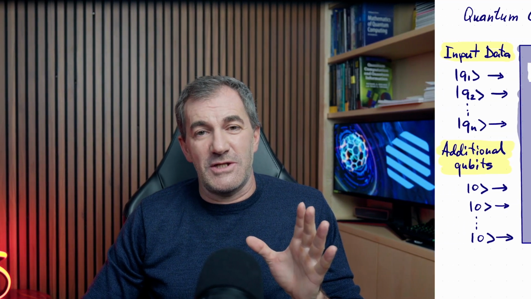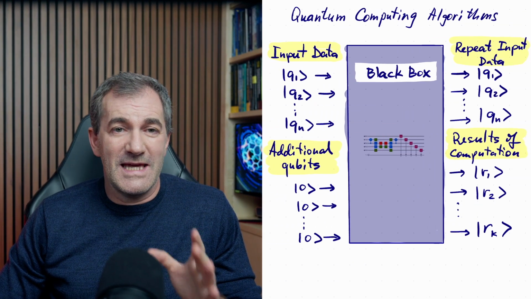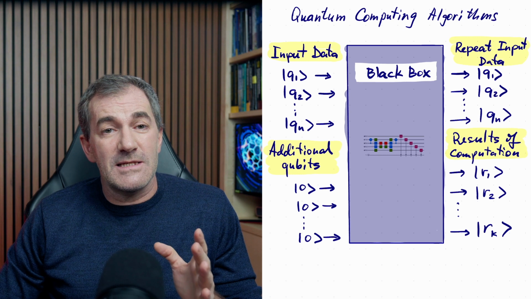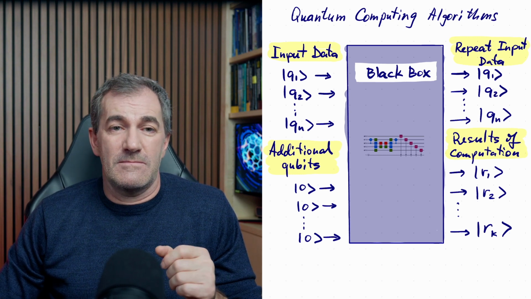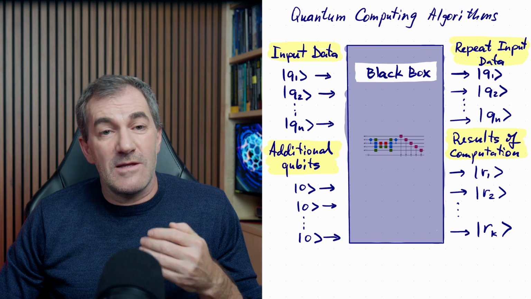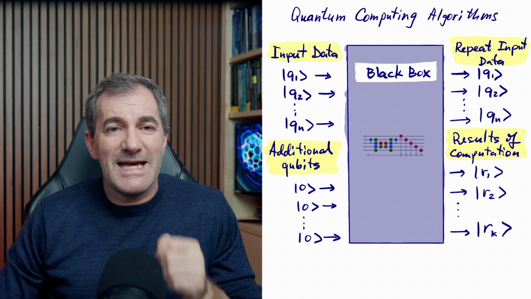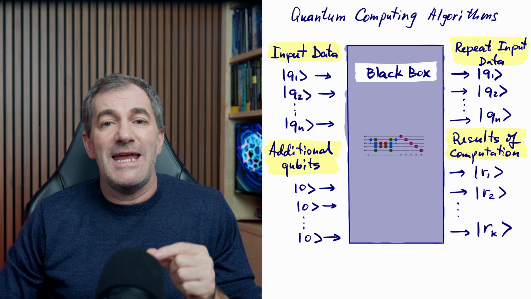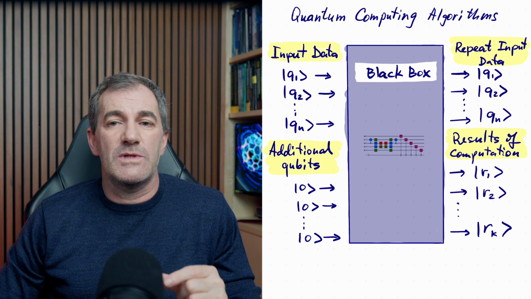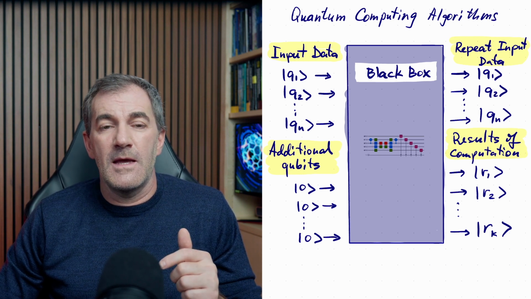Now, attention. A single execution of the black box function will get us the results that represent all input scenarios at once. To say it in other words, a single execution of the black box function will get us a superposition of all possible results entangled with the input scenarios. This is called quantum parallelism.